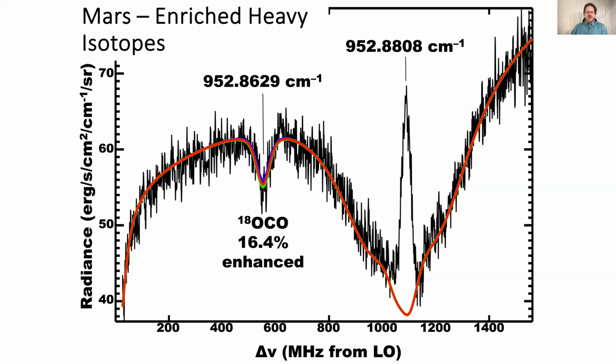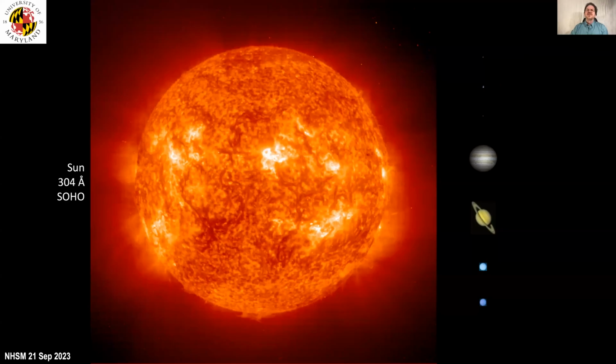So anyway, enough of the squiggly line plots for now. There's a couple more still coming, but we're going to get back to things that are a little clearer than that. Of course, as I said, I study a lot of things. Here is our sun in light that you and I cannot actually see with our eyes. It's important to understand that, even though that looks like the sun, there is no telescope you could use on Earth that would show you the sun looking like this, because this was done with a wavelength of ultraviolet light, or actually in this case, extreme ultraviolet light, that doesn't get through the Earth's